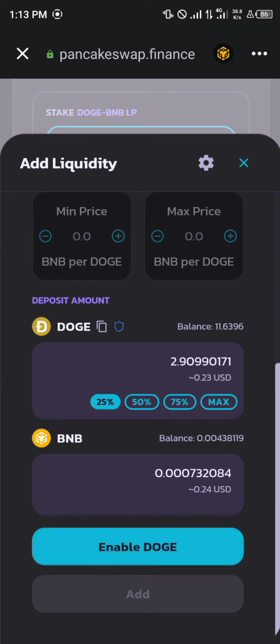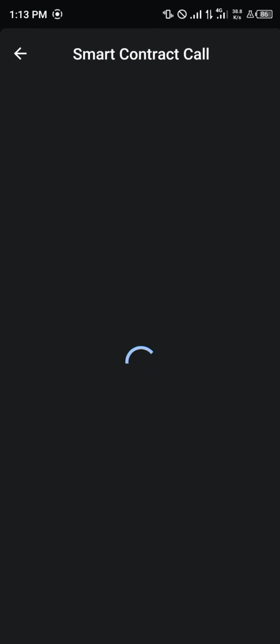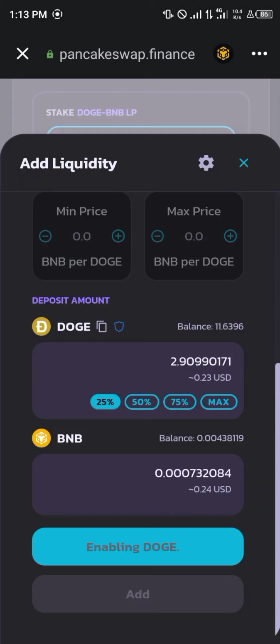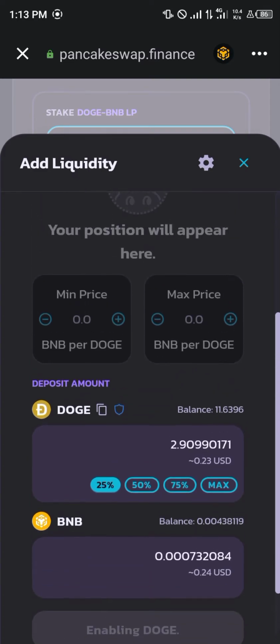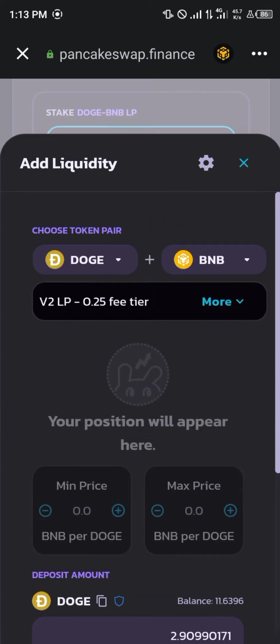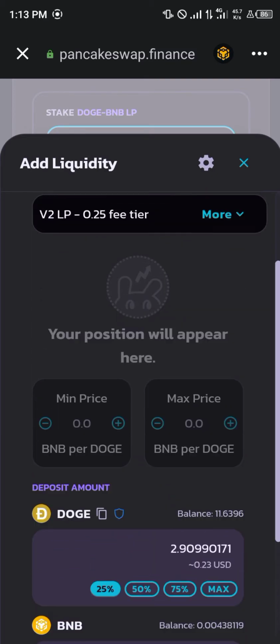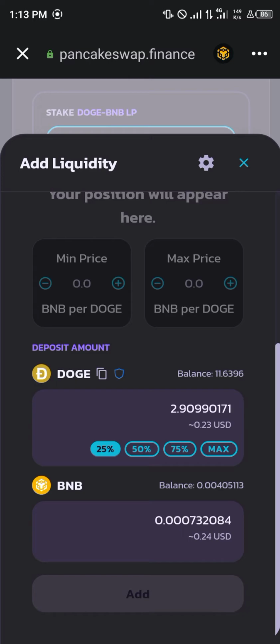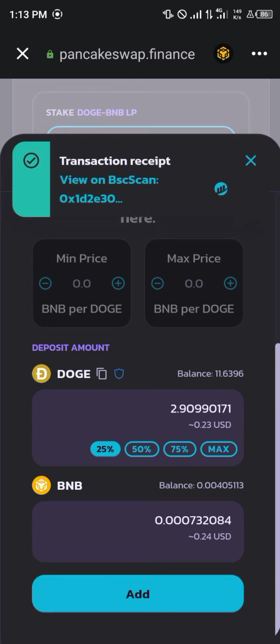So you click on enable Doge. A smart contract call is going to pop in. You click on confirm. And the Doge is being enabled. All of this is so we can get some LP tokens, that's the liquidity pool tokens or liquidity positions. Once it's done, you simply click on add,